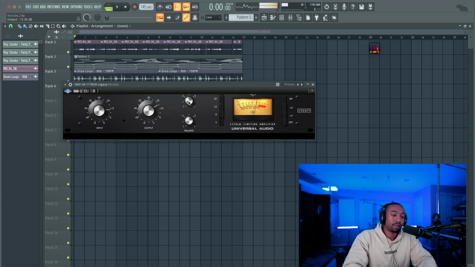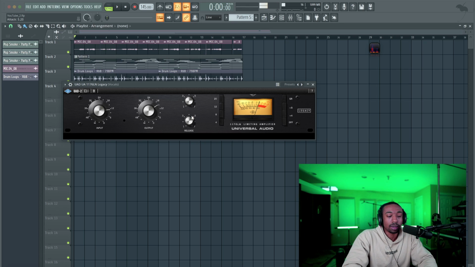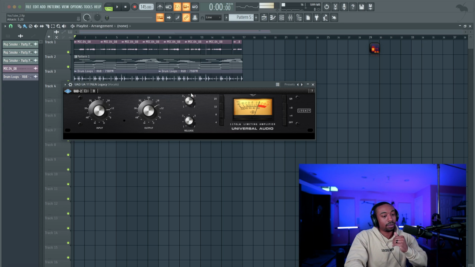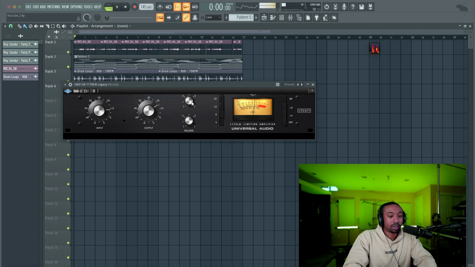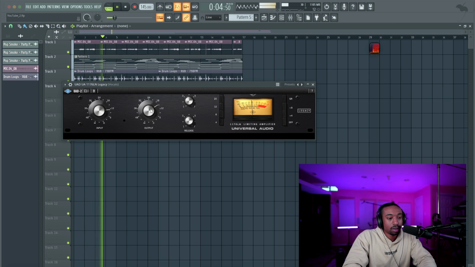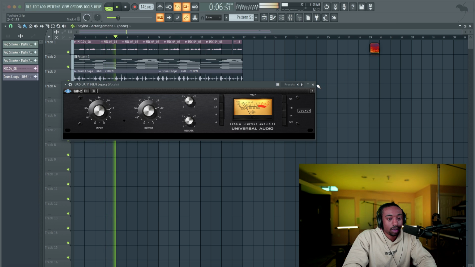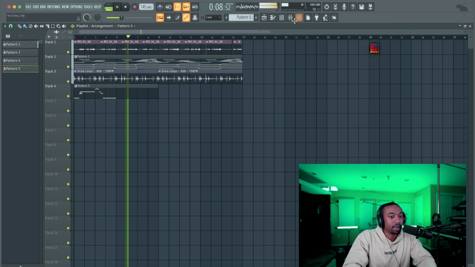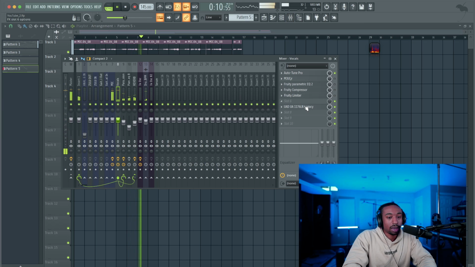Now their attack knobs are opposite. So 7 means fast. I don't know why they did it that way. I guess how hard the compressor works on something or how fast it works on something. And so the right 7 value is actually fast. To the left is a slower value. So they're looking at it almost like a mixed level. So now that vocal's sitting right on top of the mix. Now I probably wouldn't push it this hard.